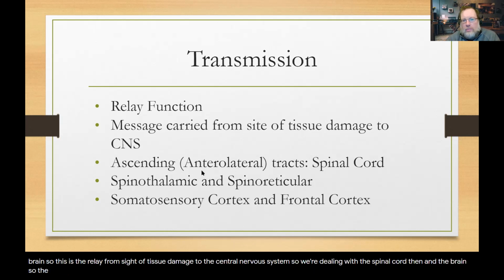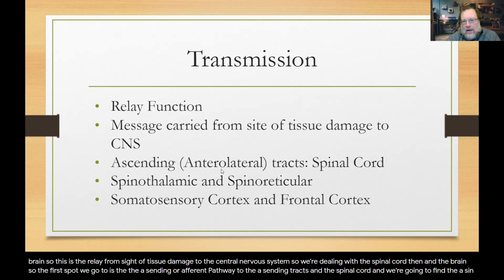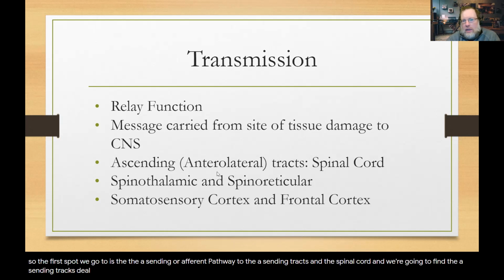The first spot we go to is the ascending or afferent pathway, the ascending tracts in the spinal cord. We're going to find the ascending tracts dealing with pain transmission in the antero, so in the front, and lateral aspects of that